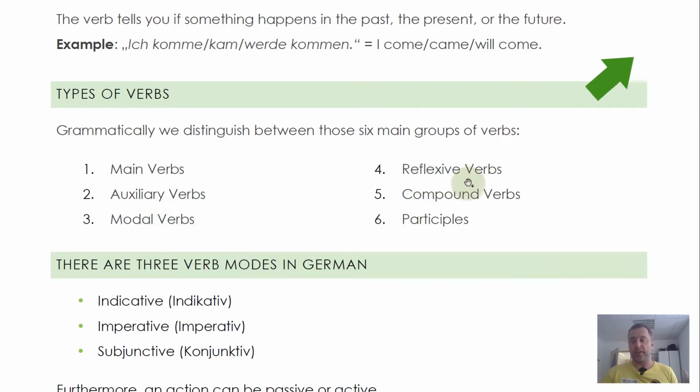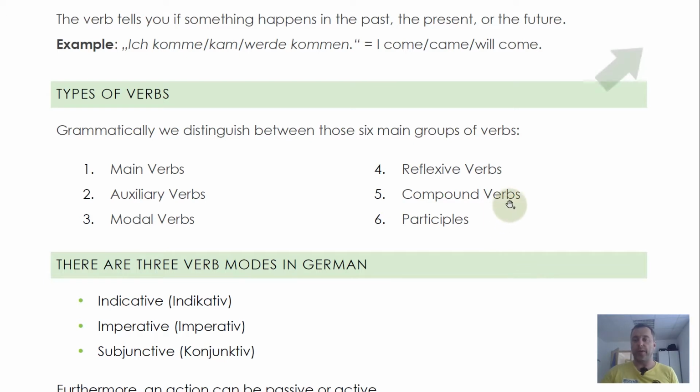There are reflexive verbs. Those are verbs where the object refers back to the subject. So it's where you have to put, for example, sich konzentrieren. If you find this in a dictionary with an S dot, that's a reflexive verb. They exist in English too. It's easiest if you check out my video about them, because that would be too much for this video right now. So you will find this in the info cards.